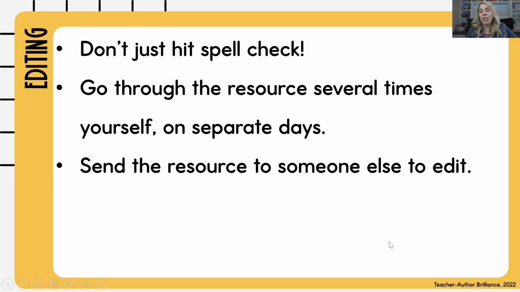Editing is not just hitting spell check and making sure everything was spelled correctly. You need to go through your resource several times yourself, and specifically on separate days. If I edit it all in one night, my eyes get tired and I miss things that I might not see. So I like to look at it one night and then look at it again a second or maybe even third night. And then of course I send my resource to someone else to check and edit as well,